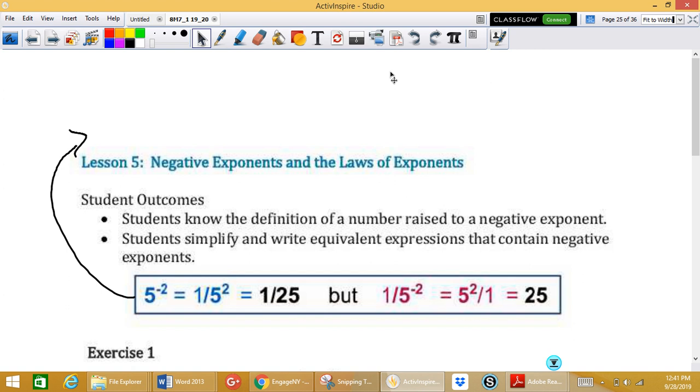Lesson 5, negative exponents and the laws of exponents. So if we take a look at the example here in the box, I'm going to put it up here just for some room. So if I have 5 to the negative second over 1, I'm just going to flip these around. So then I get 1 over 5 squared. And why does this happen? This happens because let's do